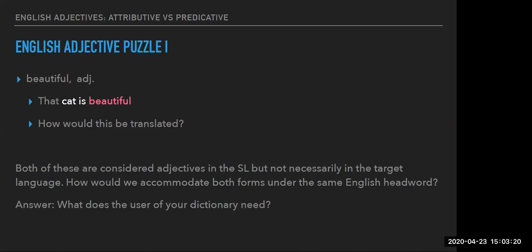Yeah, so one option is to introduce predicative versus attributive in definitions of grammatical terminology, Asha says. So that's an option. And again, that would also depend on your user. I know this is getting old, but that's actually what we deal with every day. So that's why I keep bringing it up.